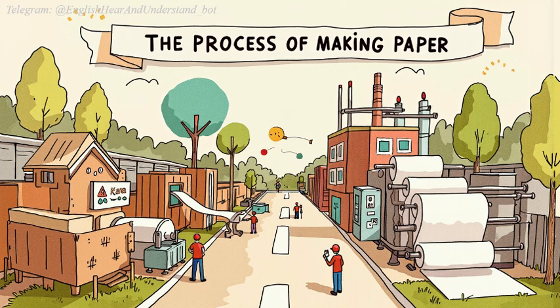The process of making paper is fascinating and involves many steps. From harvesting trees to cutting the final sheets, each step is important. Paper is made from wood chips that are cooked, washed, and dried. The next time you use a piece of paper, remember all the work that went into making it. Paper is a valuable resource that helps us in many ways, and understanding how it is made can help us